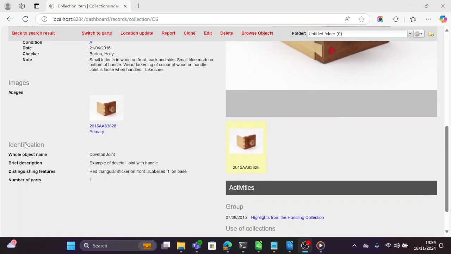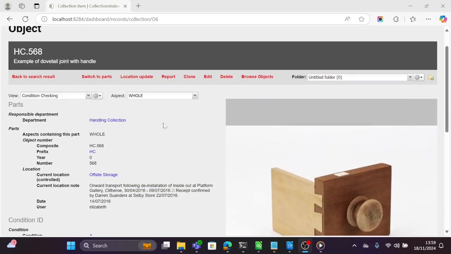We have images, we have identification, but the eagle-eyed amongst you may notice that not all the sections and fields that I dragged over are appearing here, and that's because when we're viewing a record, as you might know, we only see non-empty fields. However, if we look at the edit form, we can see the kind of full scale of our view with both empty and non-empty fields. So if I go to edit this record,